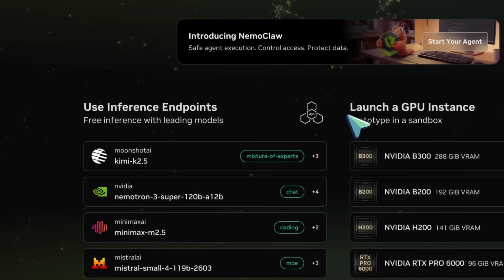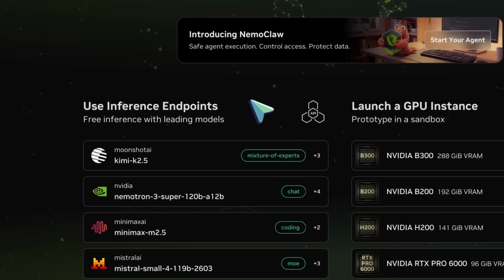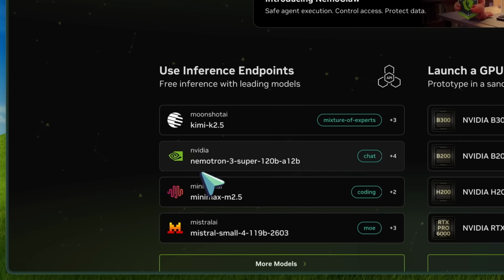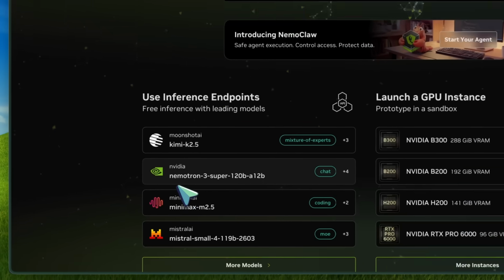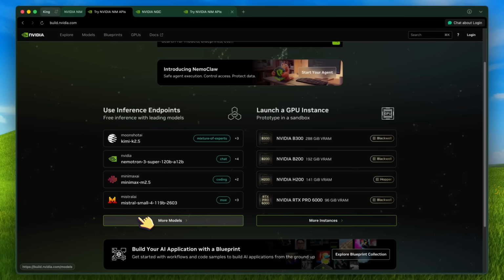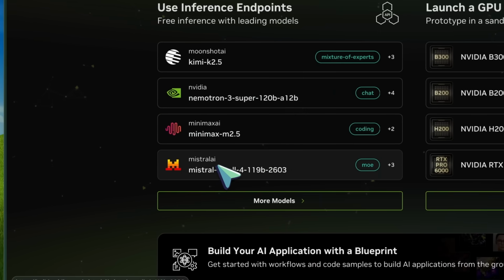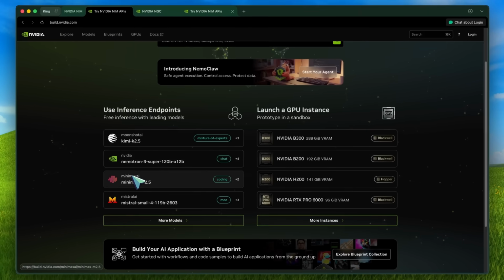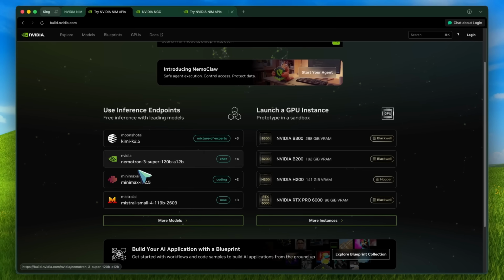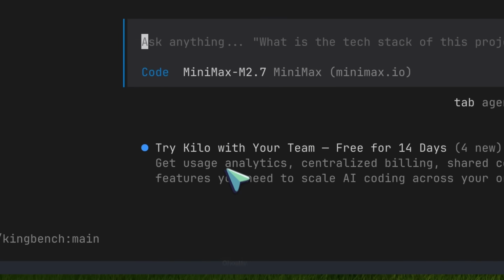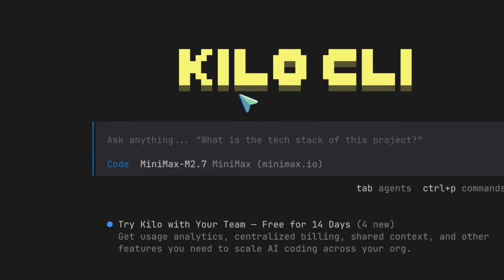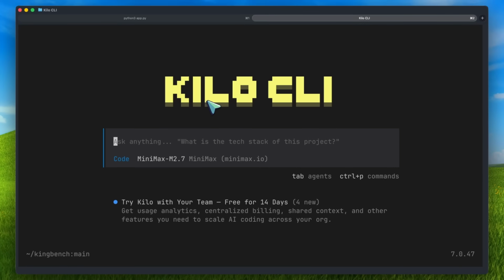So, if you want to use Kimi-K2.5, MiniMax M2.5, GLM-5, and a bunch of other good models in an agentic coding workflow basically for free, then there is a really easy way to do it through NVIDIA NIM, or basically the NVIDIA API Catalog. And this time, I'll be showing it in Kilo CLI. Now, yes, the same steps also apply in OpenCode, because Kilo is basically the better fork of OpenCode, and the flow is very similar there too, but I use Kilo CLI more these days, so I'll stick to that for